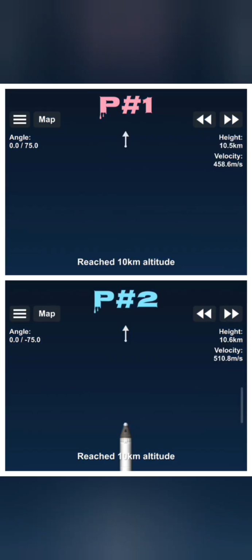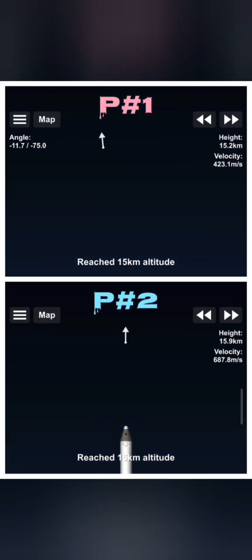At the moment of 10 kilometers altitude, the velocity of rocket 1 is 458.6 meter per second, and the velocity of rocket 2 is 510.8 meter per second. Next